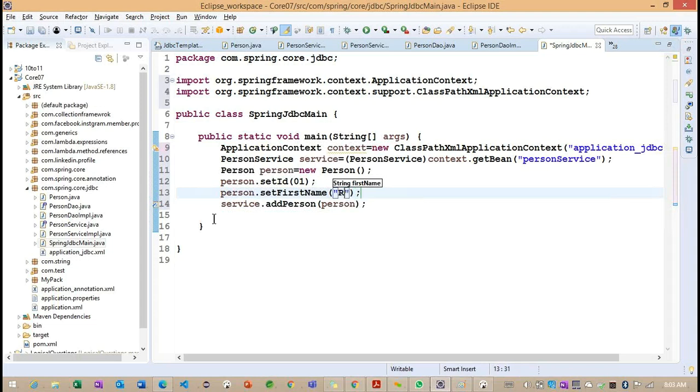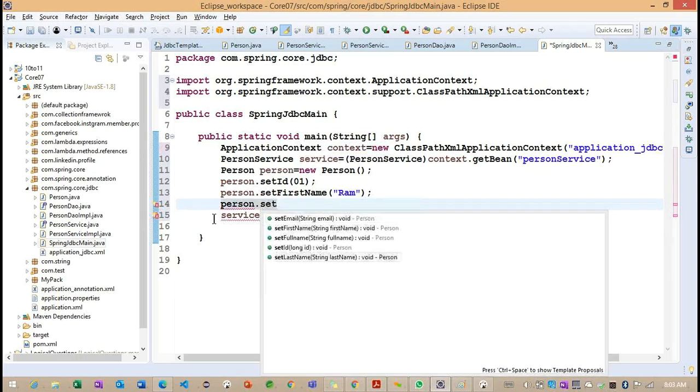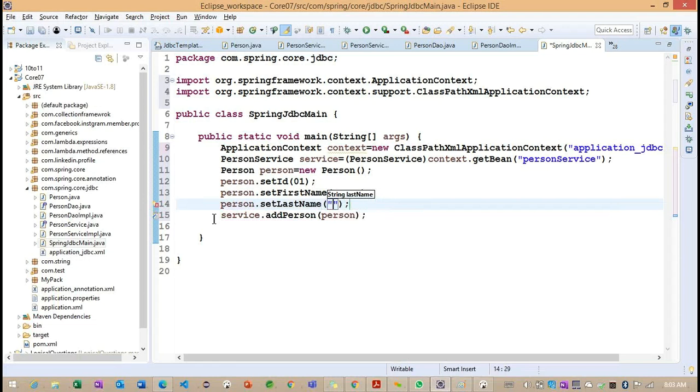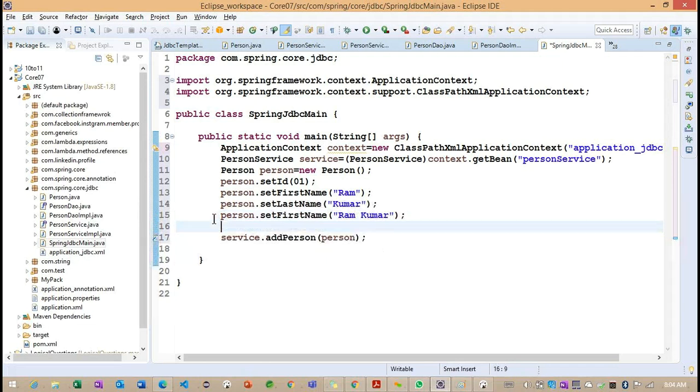First name, last name, full name, and person.setEmail, ram@jdbc.com.